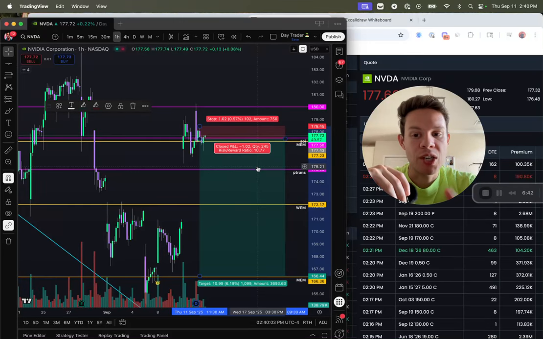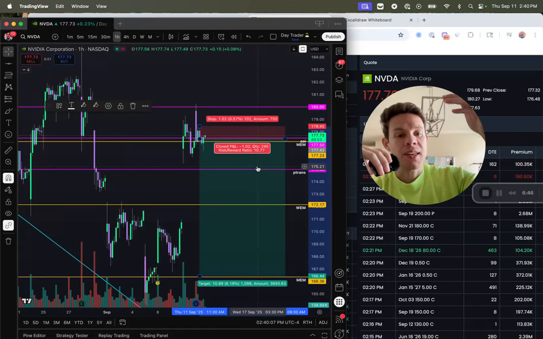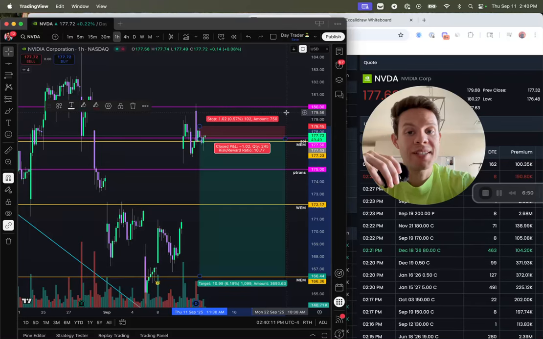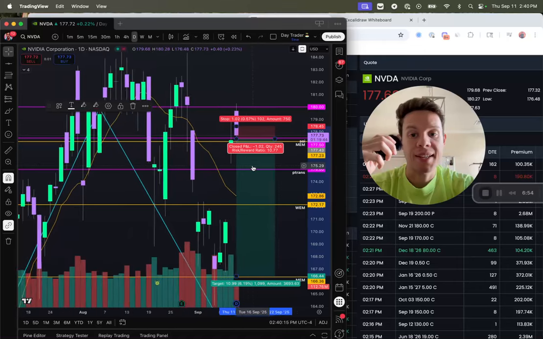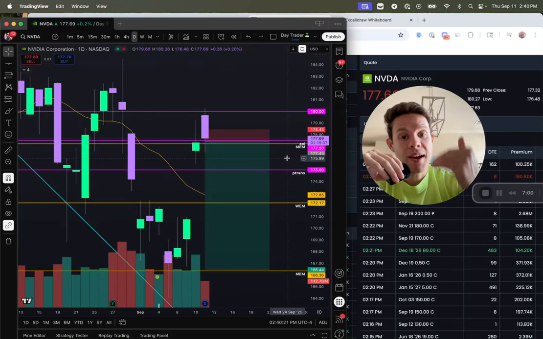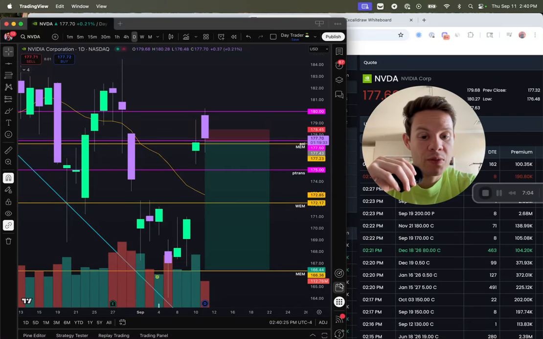We hit one side of the wall. Let's see if it can come back down to the other side. It did get rejected on the big level of resistance. Let's see if it's strong enough on the daily time frame too, because I'm looking at this on the daily time frame. And this is a strong candle. This is a strong rejection candlestick. I want to see if it can come down, lose the trend, and then go to the bottom of the price target, which is 166.36 right now. Okay, it's just that simple.